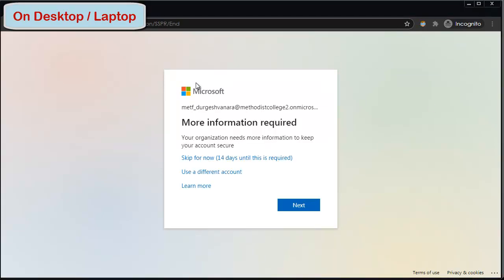Okay, once you feed the new password 2 times correctly, if they are matching, you will get this window over here. Microsoft wants your account to be secure, and hence there is a 2-step process that you need to set up through your mobile. You can skip this process for now, but every time you sign in, it will continuously ask you for this. So at least once you have to set this account up. To set it up, you have to click on next.